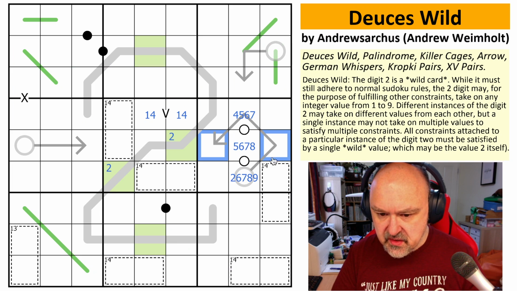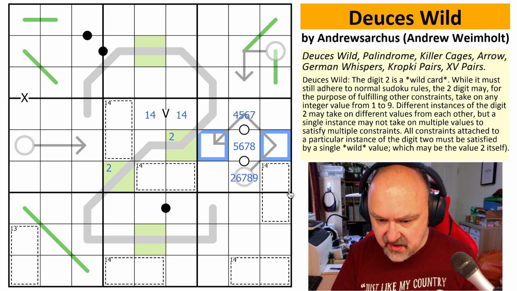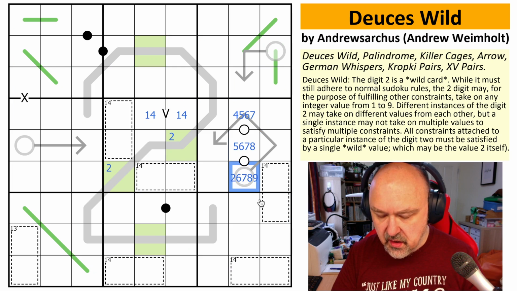Because unless I use a 2 to stand in for a 1, I can make these both equal 1, obeying the rules of Sudoku, because I haven't repeated a 1 in the row, but I'm using a 2 in place of a 1 for the arrow. Now, if I put a 2 here and call it, say, a 9, can I do it by putting a 2 in the middle and breaking...